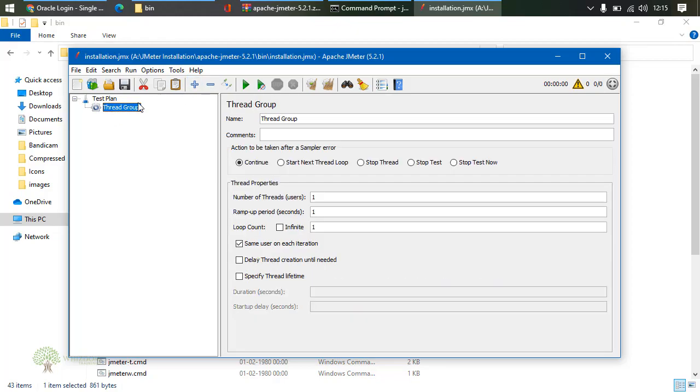Now for example, there is an element you don't want to be executed in the test. You can simply toggle it. This will disable that element. This is also very important. This is done. Now there are a few other things as well that we would be learning in the coming videos. Okay, so this was for this lecture. Thank you.